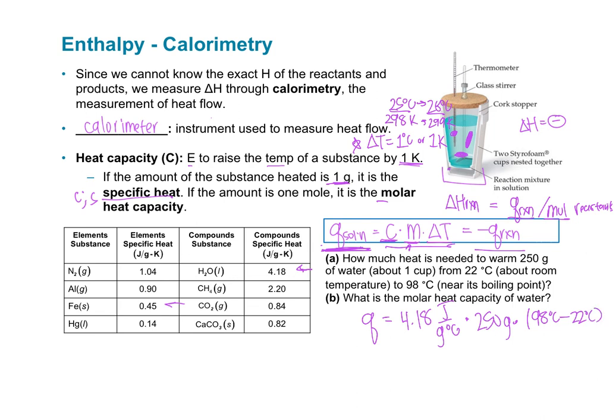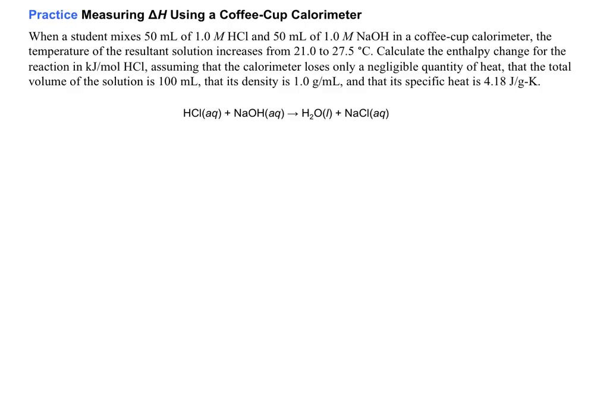So when I multiply that all out, I get 7.9 times 10 to the 4 joules, or I can say 79 kilojoules, which is a lot of energy just to heat water from room temperature almost to boiling. It's a lot of energy put in. We're not going to worry about that. We can calculate the molar heat capacity by turning this from grams to moles. So, FYI, this is very similar to what we're going to do in our lab, so very exciting.